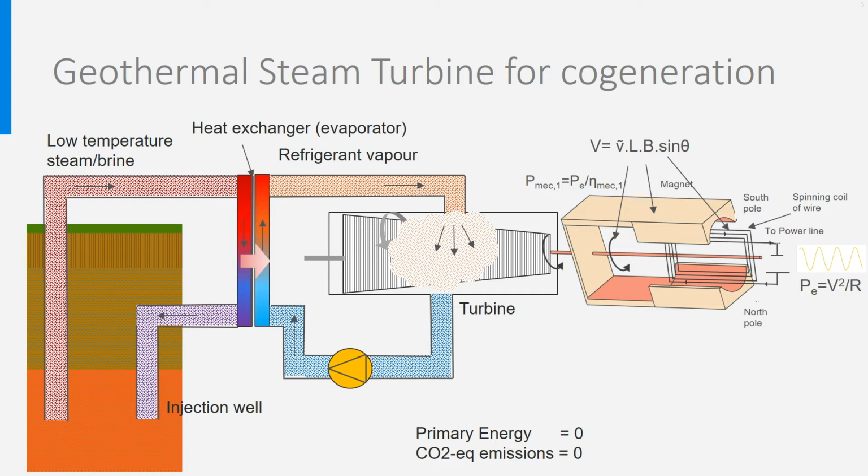And of course, from a policy point of view, the primary energy and the CO2 equivalent emissions are zero. In practice, it is not the case, as we need pumps for the geothermal wells and for the steam and refrigerant circulating in the turbine. A part of the electricity generated by the plant can be used for this, of course. There is, however, a kind of competition between using geothermal heat for heating applications or for electricity generation.